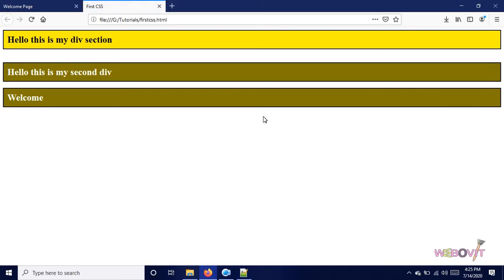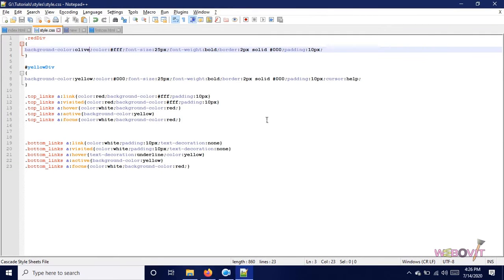Many colors are available by name, but they are limited in number, and you can't give light green or light blue because there is a space coming in between. For that purpose, either you should know the code of that color, or the RGBA code or hexadecimal code. So how to put the RGBA code, we will discuss here.